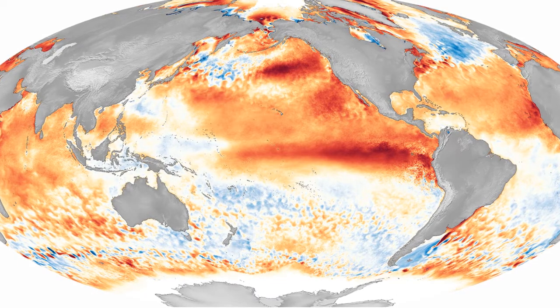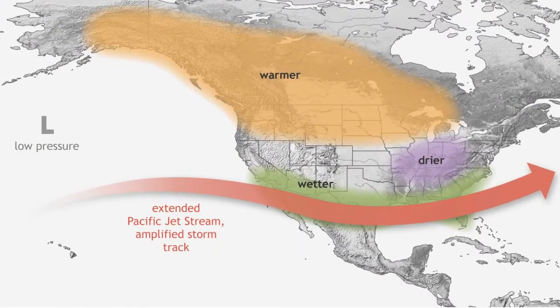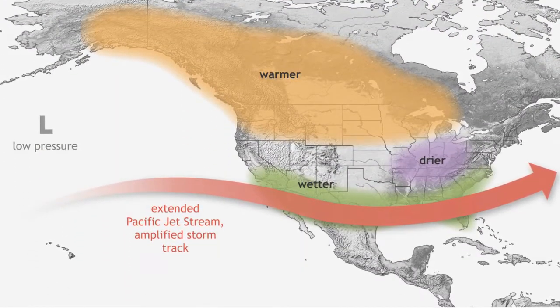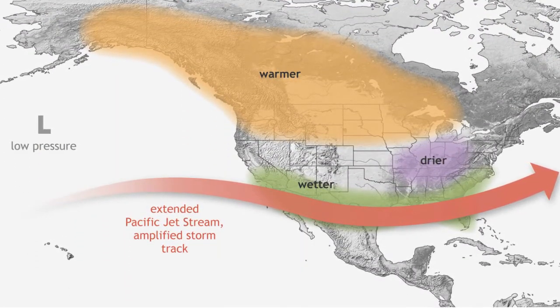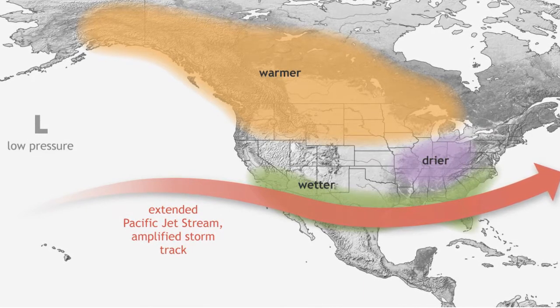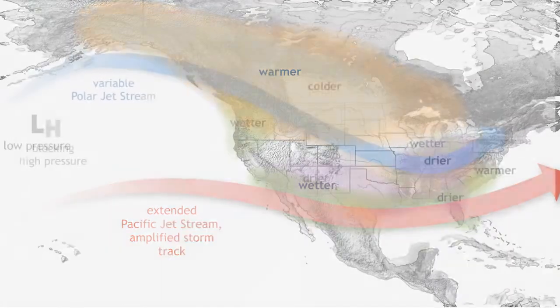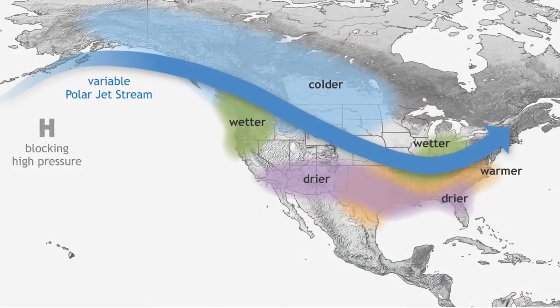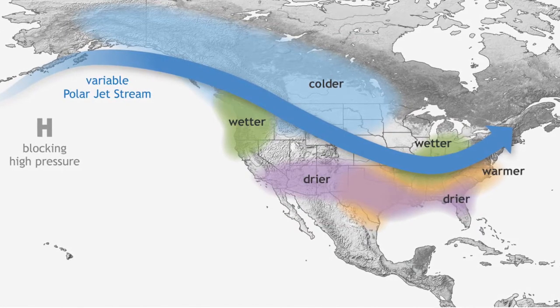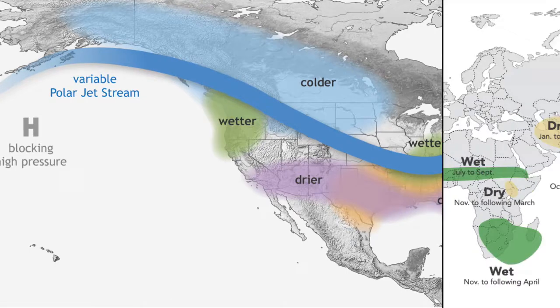Strong El Niño events contribute to weaker monsoons in Southeast Asia. As an example, this figure shows the winter conditions over North America during an El Niño event. The Pacific jet stream extends over southern North America, causing milder winters in North America. In comparison, during a La Niña event, the polar jet stream extends over North America, causing colder winters.